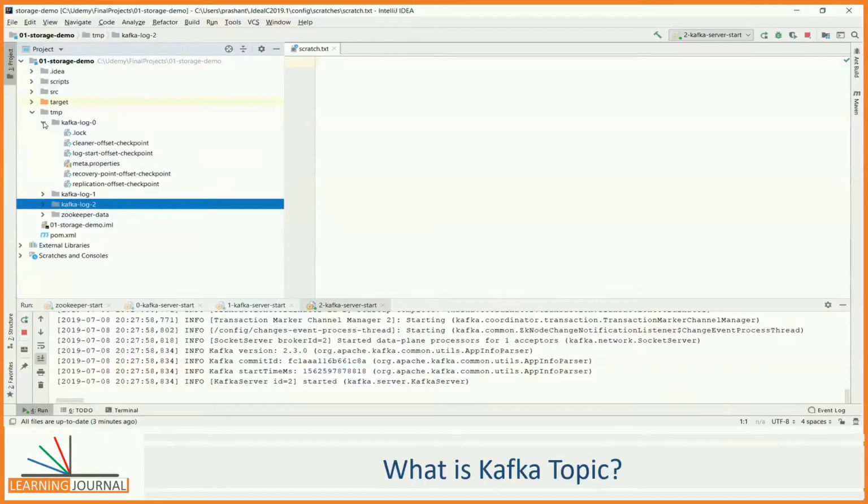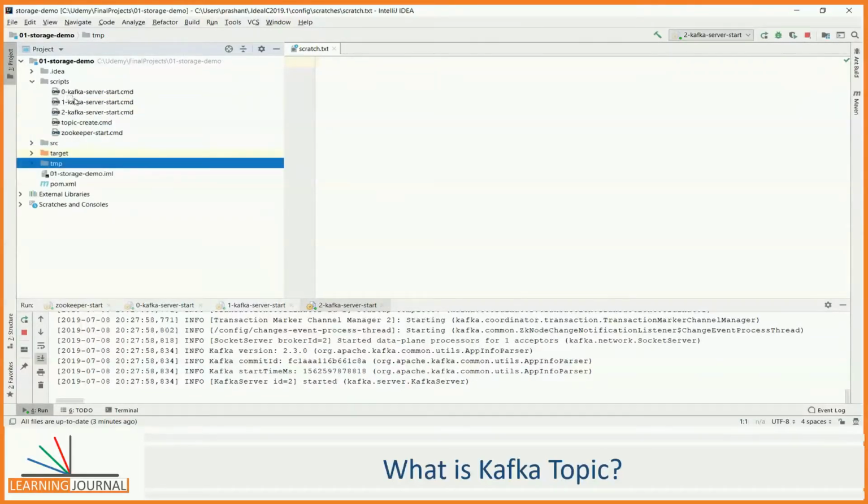So, these are some initial files. When a broker starts, it creates some initial files. Most of these files would be empty at this point. I haven't created any topic yet, so we do not have any file for a topic. This is an initial state of the Kafka broker. We do not want to get into further details of these files. Our focus is to understand how topic is organized at the broker level. So, we'll create one topic and investigate these directories to know how a topic is physically held at the broker.